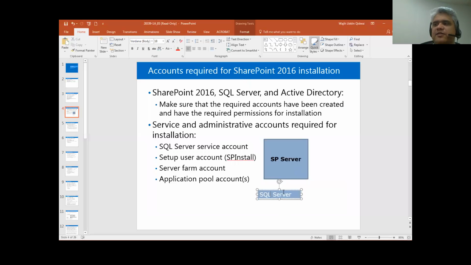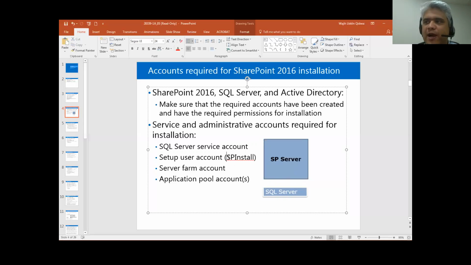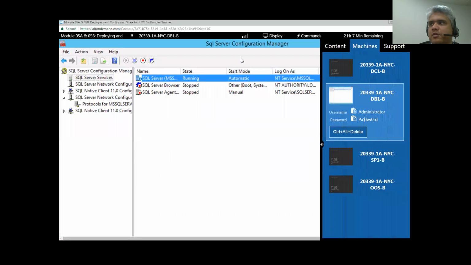So you will be required to provide some permissions on SQL Server to this particular account, and what those permissions will be,